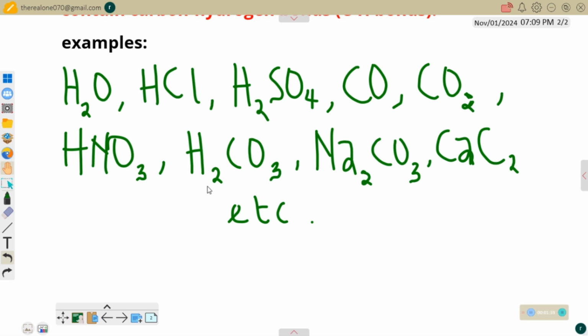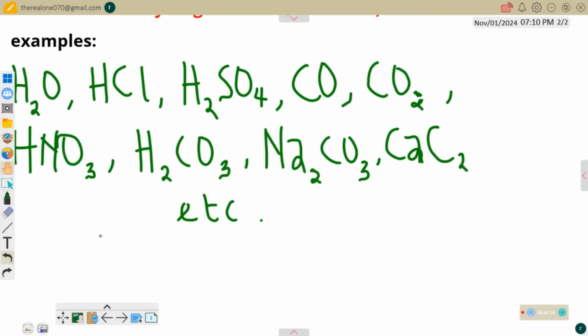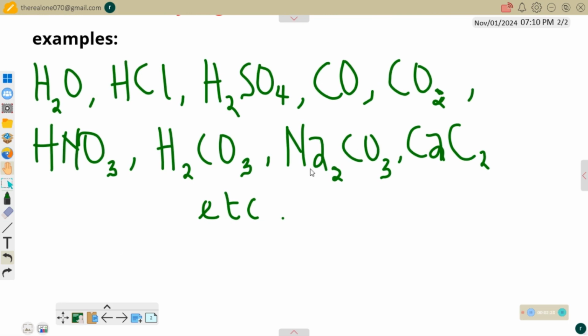You will now be wondering what happened to H2CO3. Does it not have carbon and hydrogen? We explained this under organic compounds, that we exclude any compound that contains carbonate. CO3 is a carbonate. Even though it is bonding with hydrogen, we cannot say it is organic, because CO3 2-minus is not studied under organic chemistry. And if you look at the last example, CaC2, calcium carbide, which is among the carbides, it is also inorganic. Also, CO and CO2 are oxides of carbon, and we have talked about them before. So in short, all of these and many other ones are inorganic compounds.